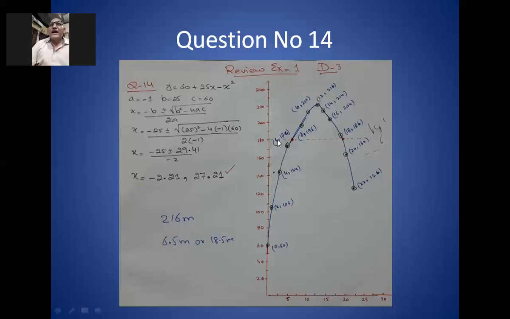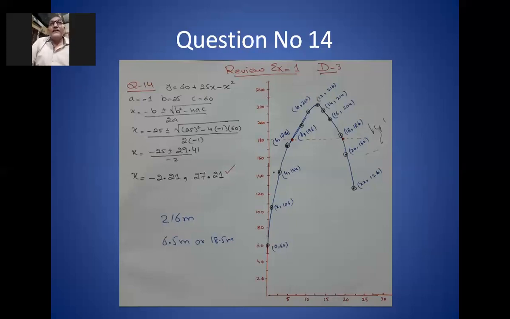So here we have the heights. He says 180 meter. So what I did, I draw a horizontal line here. You can see this dotted line. When it cuts your graph, it cuts your graph at 2 places, and in both places we will check what is the value of the x. At this point, the value of the x will be 6.5, and at this point, the value of the x will be 18.5 meter. So that's the horizontal distance from the foot of the cliff at a height